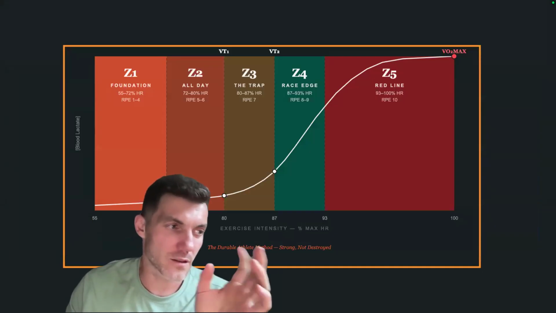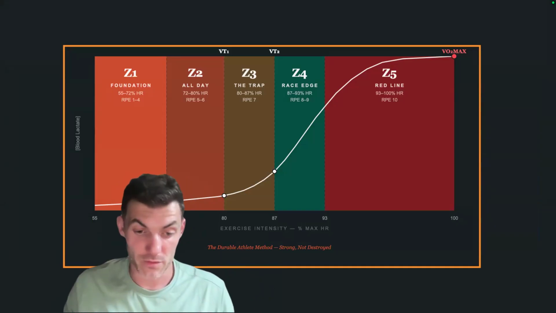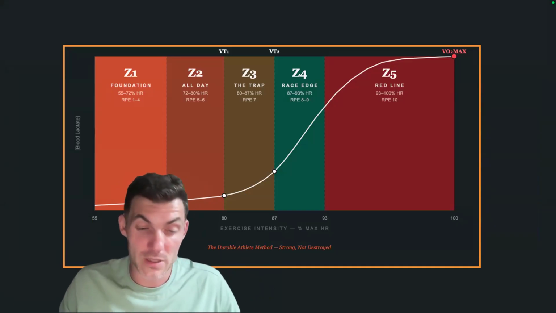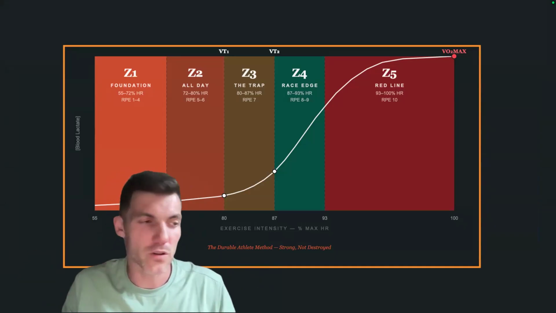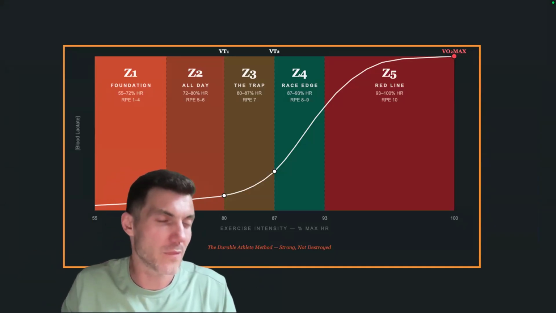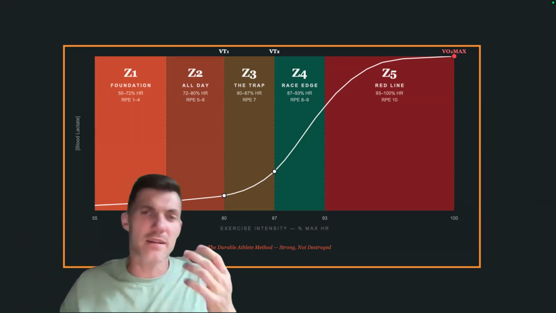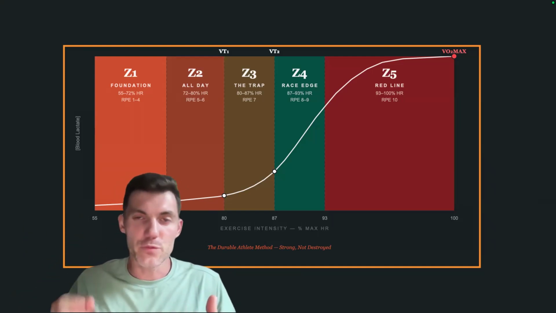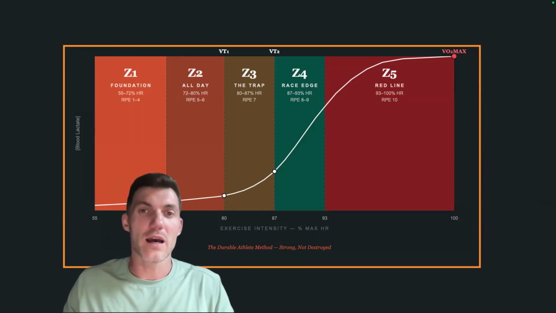This is the trap, zone 3. A lot of runners are here in zone 3. I was there for a long time, and I always had a coach. Well, not always, but the majority of my time. The reason why is because we think, oh yeah, I'm running easy, it's an easy run, I feel easy. But you have to really set your training zones, set your heart rate, and know that actually my easy runs